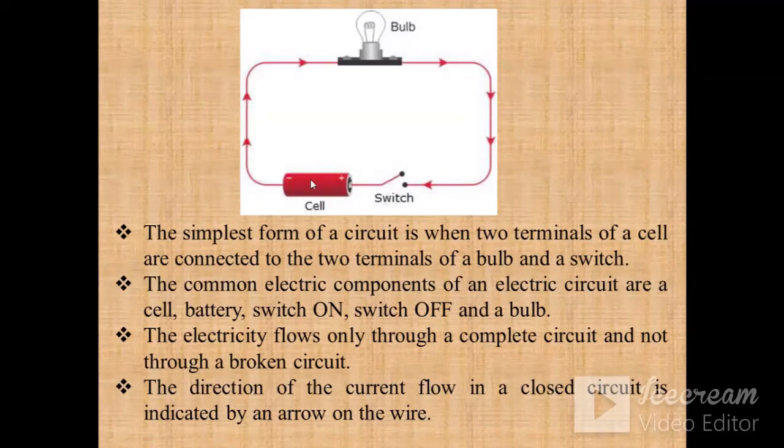And we take the direction of the current in a closed circuit like this. It is always taken from the negatively charged part. Here you can see in this diagram, the direction of current is taken from the negatively charged part. Although we are taking the direction of the current in the opposite direction of the flow of electrons, in this type of enclosed circuit, we are taking this direction in the direction of the flow of the electrons.